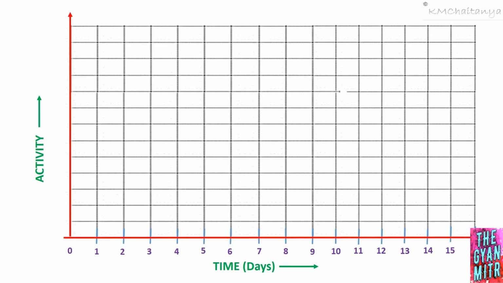Now either the activity flow can be from top to bottom or it could be from bottom to top, whereas the time flow will be always from left side to right side. Now we'll draw the first activity, activity A. I will be approaching the top to bottom for this problem for the activities. Therefore I am going to denote activity A at the top. So I have activity A at the top.